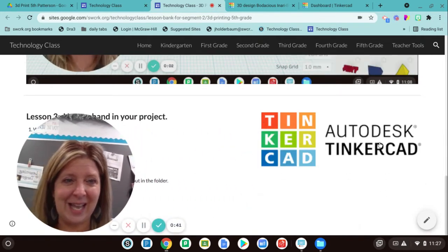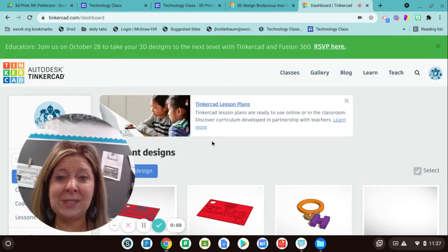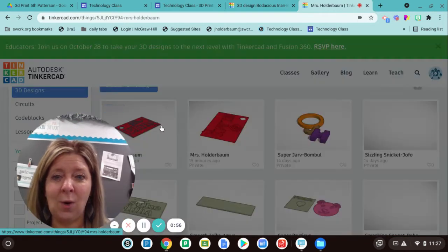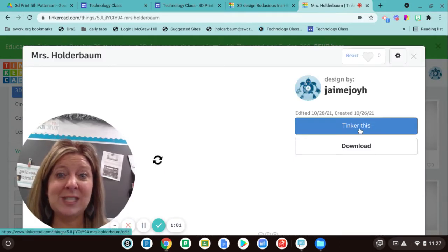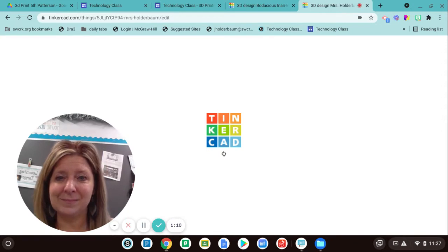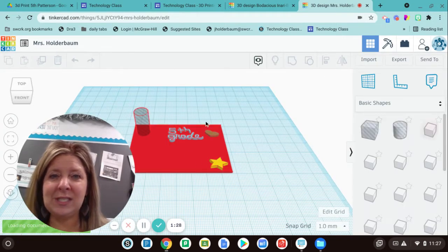Okay, so let's go to Tinkercad first. So you click here to go to Tinkercad, to your account. When it opens up, click on the design that you made to 3D print. And when it opens up, choose Tinker This. That opens it up. Okay, so now once your design is opened up,